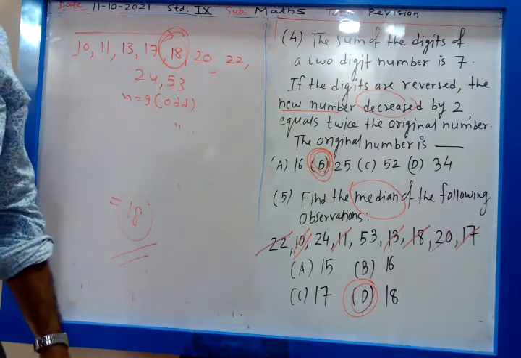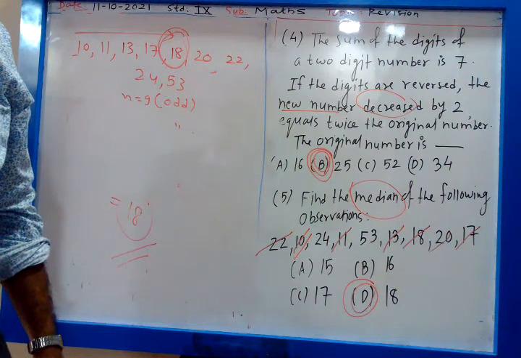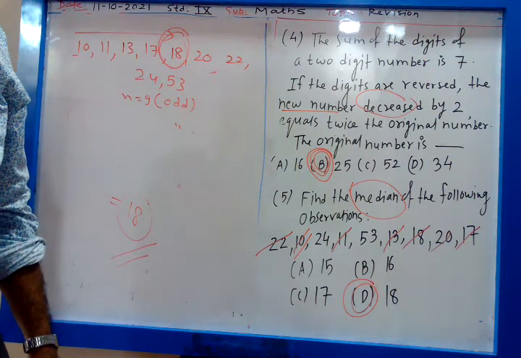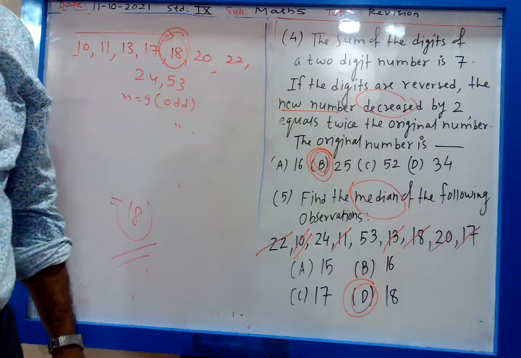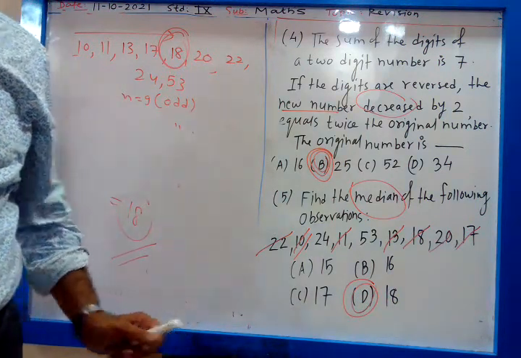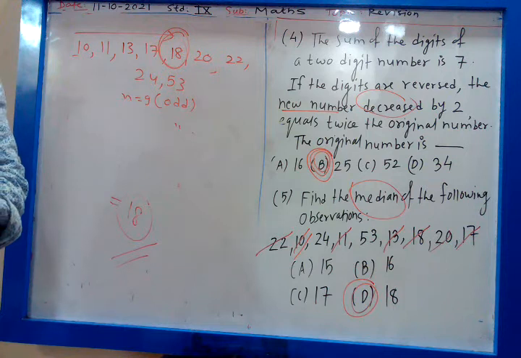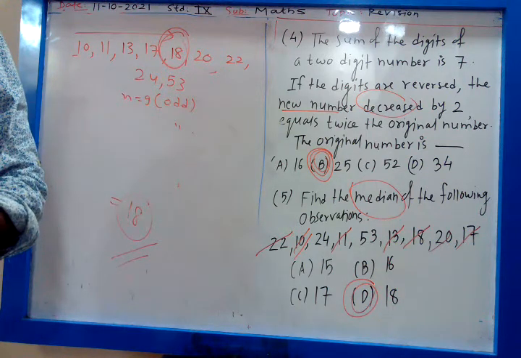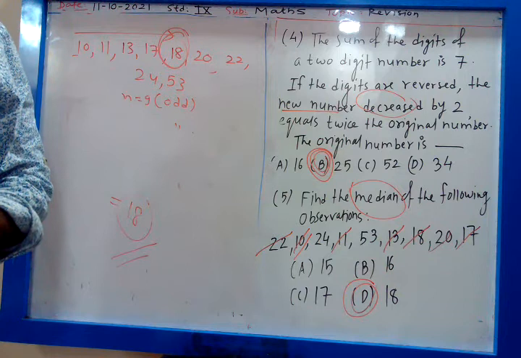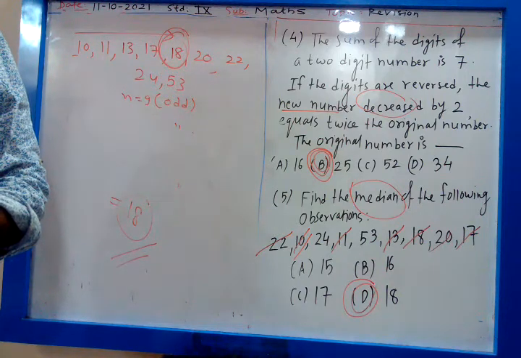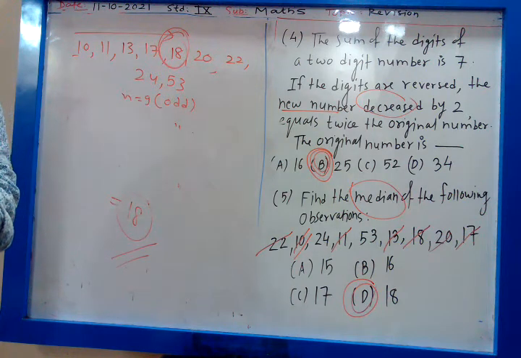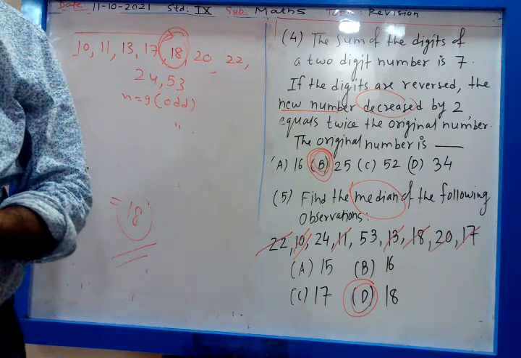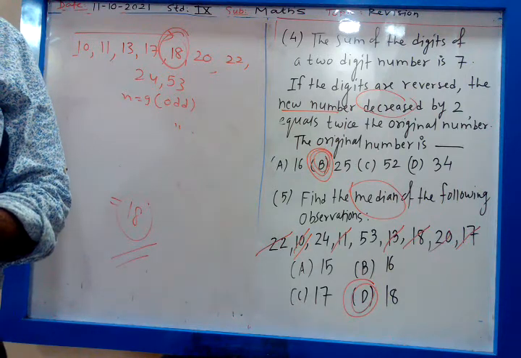All of you send me your score in the chat box. Out of 5, how many have you got? 2 out of 5, 5 out of 5, 4 out of 5, send me in the chat box. Let me read. Anushree Mishra 5 out of 5. Sarita Gupta 5 out of 5. Satish Patel 5 out of 5. Raj Chavda 5 out of 4. How is it possible? Anshul Patel 5 out of 5. Tanvi Patel 5 out of 5.